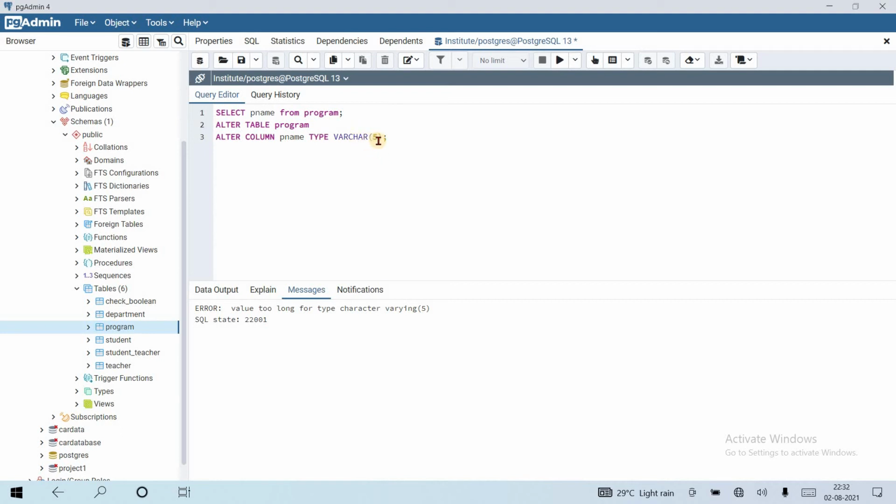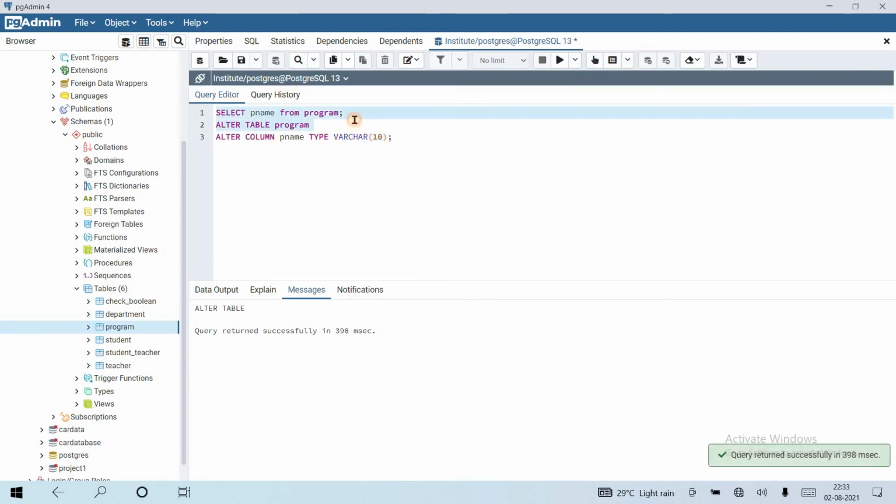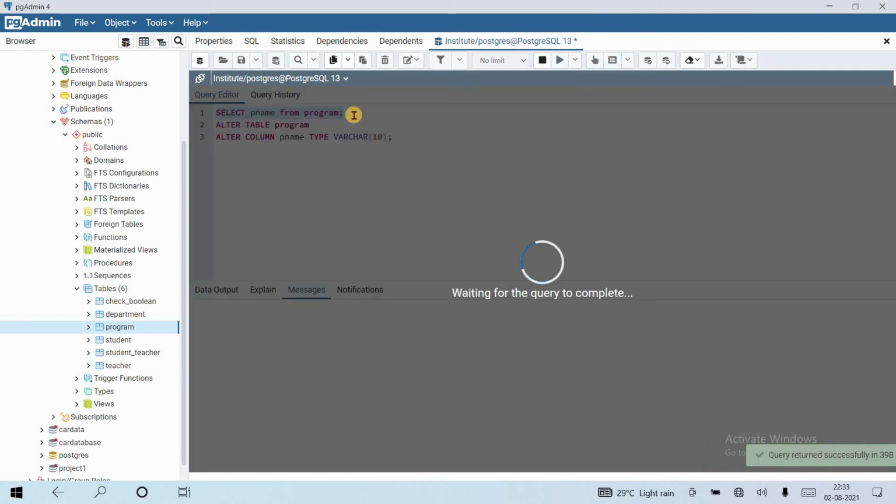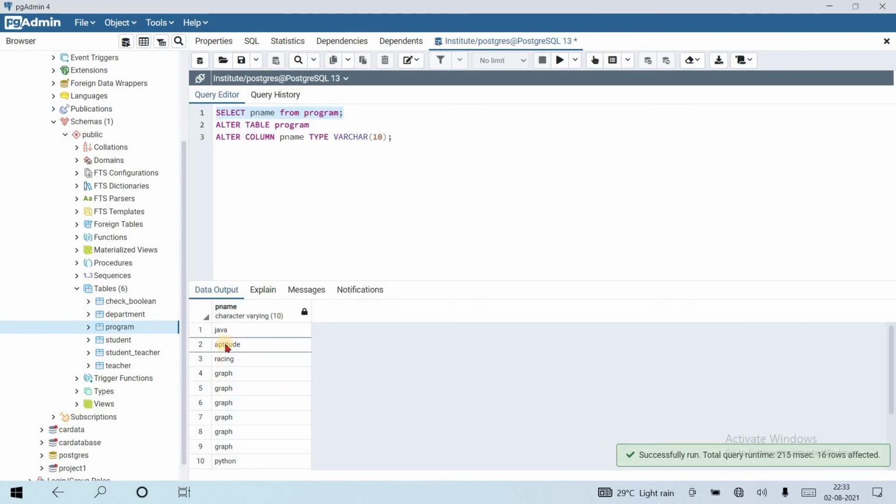Value is too long. Okay, because we inserted the value previously. Okay, let's see. The inserted value was greater than 5 characters, so we cannot do this for 10. Okay, we need to delete this and substitute a value for entering this. Okay, let's try to insert values greater than 10.